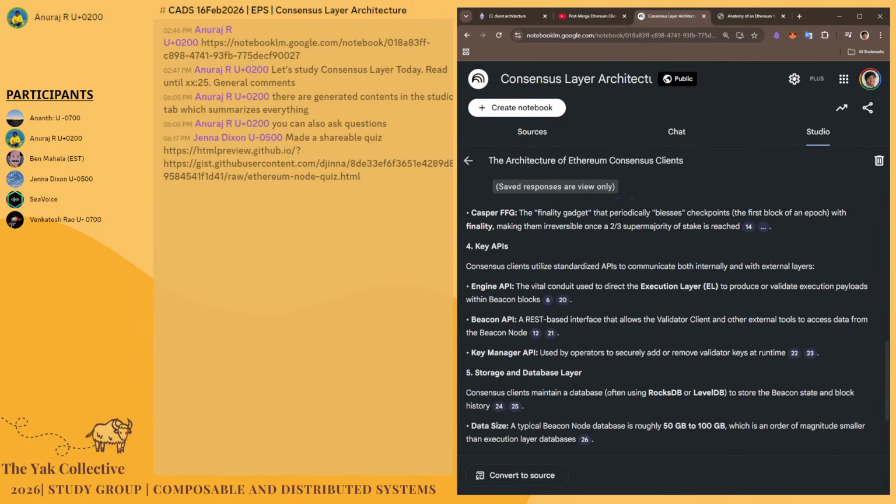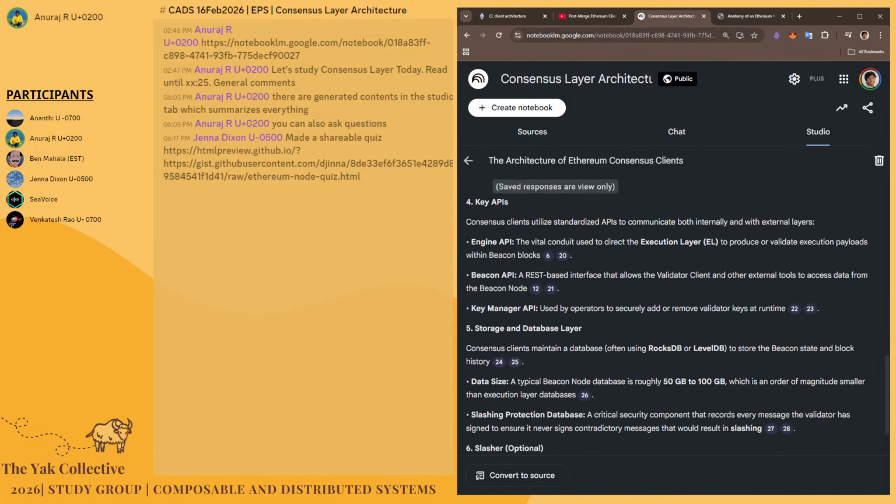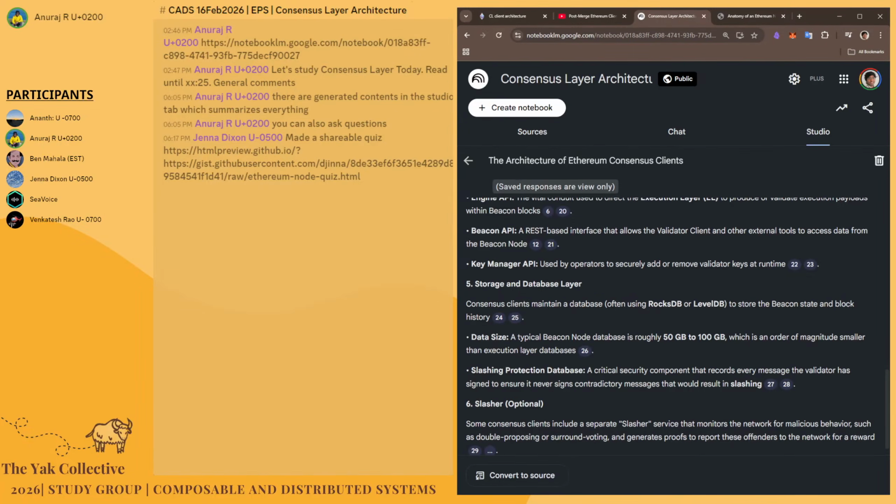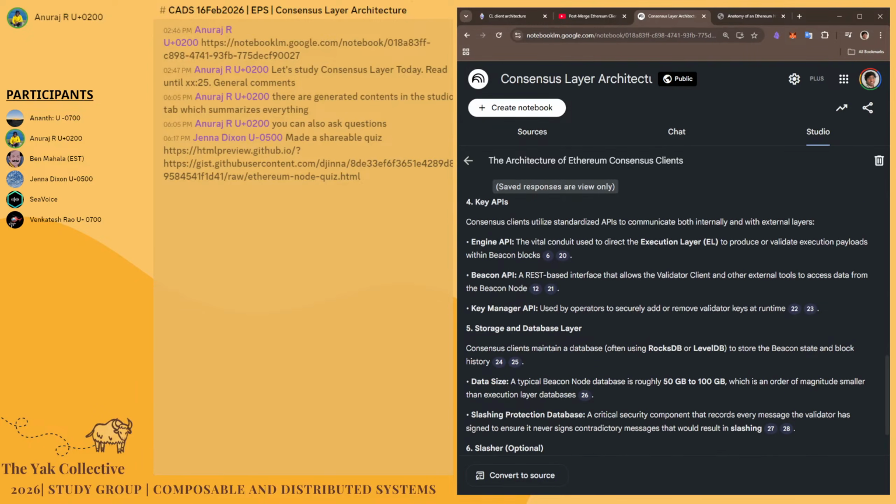And then there are some databases for maintaining the state of the beacon chain. So basically that is what I have understood. But it shows you need to understand a lot to just run a client without any problems, right? If there is some problem and you don't understand all these parts, how would you debug it?